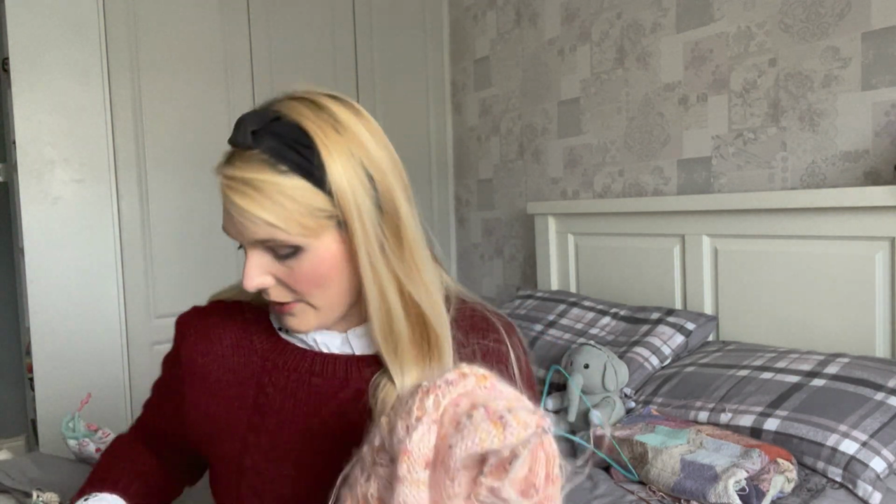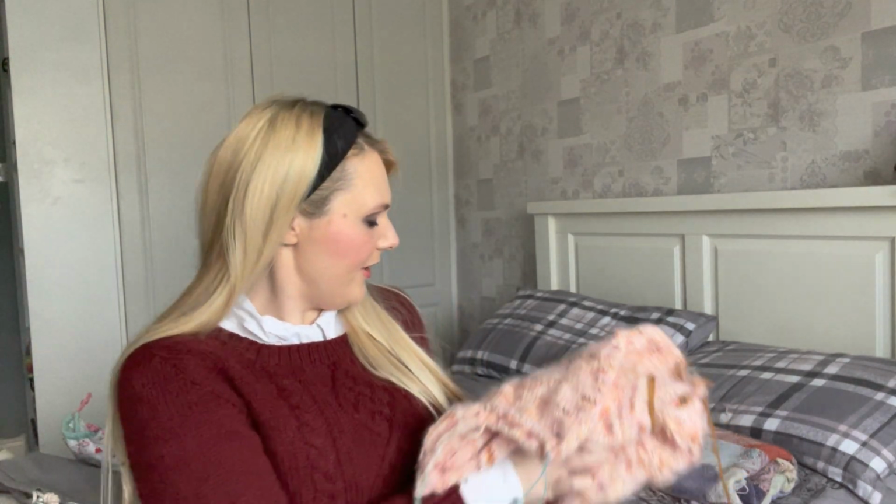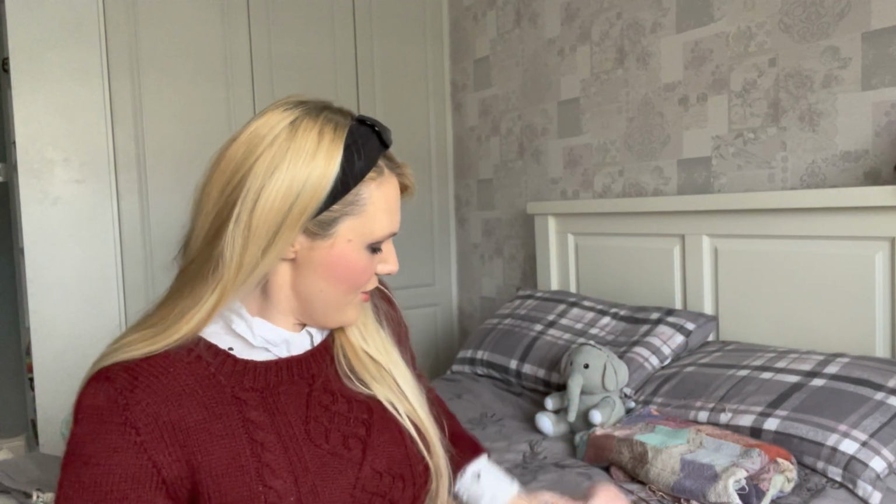Is there anything else I need to say about this? It's knit on very chunky needles, so it's knit up quite quickly. It's on 6mm, which is a US size 10. So it's quite loose and airy, and it's going to be a nice light sweater. So we're nearly there on that one. I've got 4 skeins of yarn attached to it,